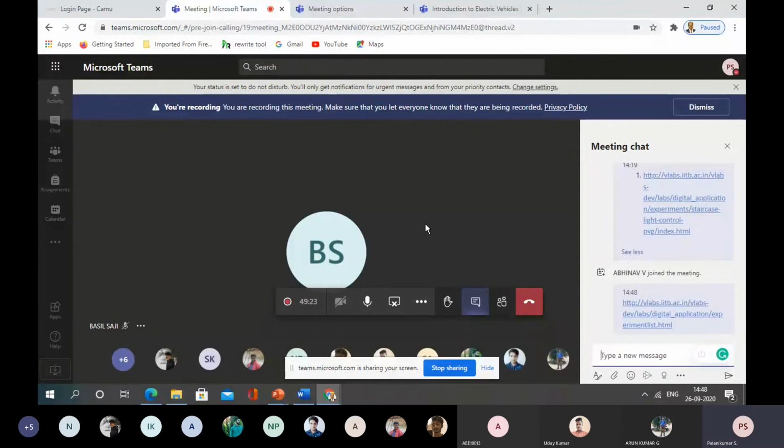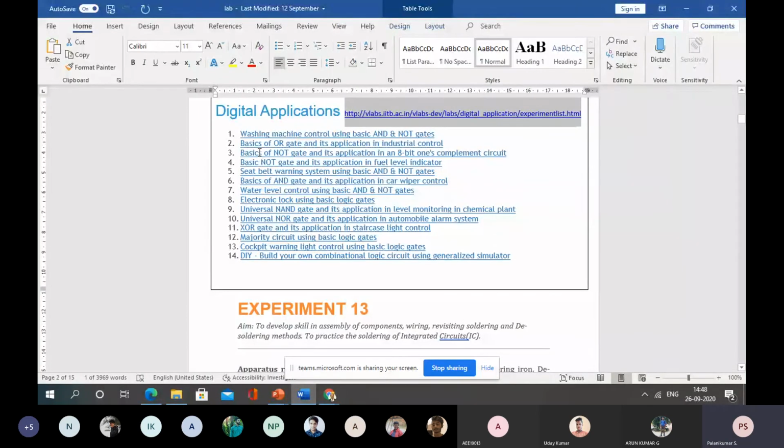Please make a copy. As I told you, the first experiment should be done by the first person and the 20th person. The second experiment should be done by the second person and the 19th person. The third experiment should be done by the 13th person and the 18th person. Likewise, I have made the link, so automatically the 10th and 11th persons will do the next experiment.